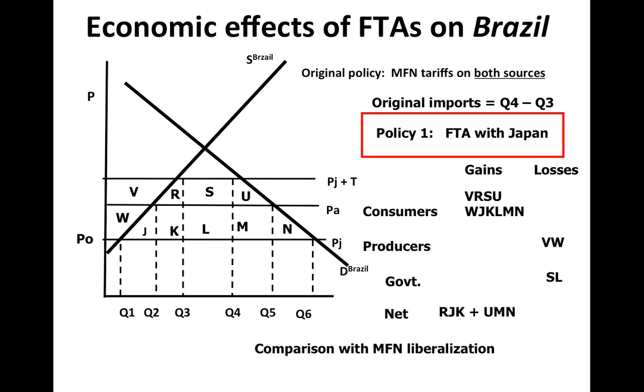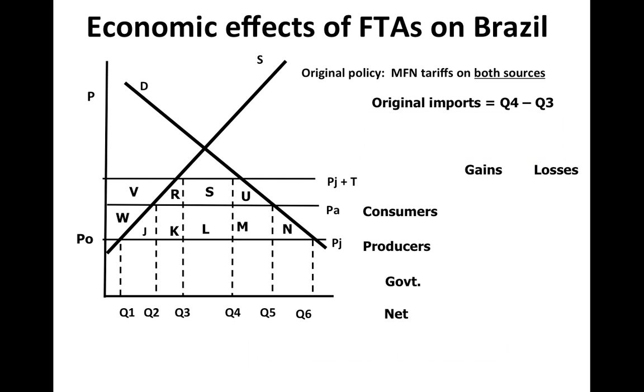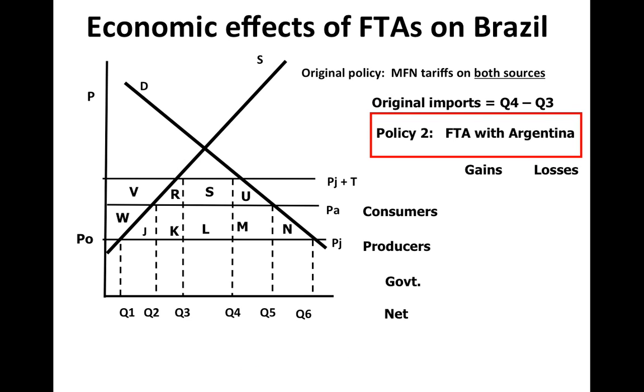So a free trade agreement with the low-cost supplier is actually quite similar to, and even identical to, having MFN tariff liberalization. So the FTA with the low-cost supplier is indeed a good policy. So let's imagine that instead you have a free trade agreement with Argentina. So we're going to retain the tariff on the Japanese. So the price that the Japanese can sell inside this market is PJ plus T, but the Argentinians can sell